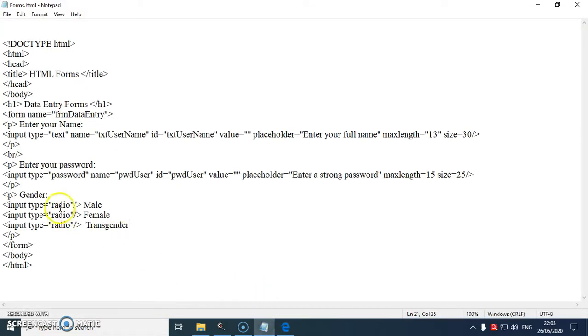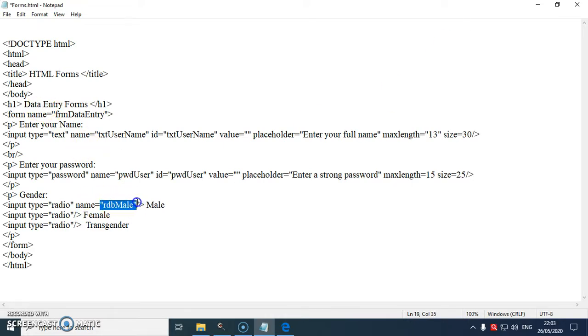Let us proceed further and name all the radio buttons. How to name? I'll use the name attribute equal to. We will be using the same camel case notation, and the radio buttons prefix will be RDB. RDB what? This button denotes male, so I'll say RDBMale.